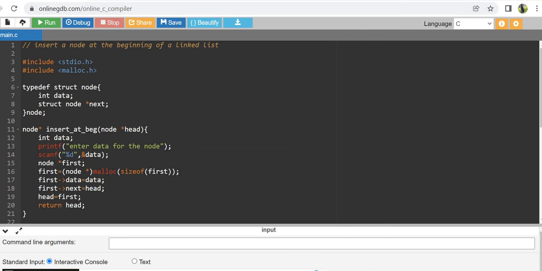Welcome everyone. In the last video we saw how to insert data at the beginning of a linked list. Today we are going to insert a node anywhere in the linked list. You will provide a position, and at any given position you can insert a node in a linked list. Here I will modify insert a node at the beginning